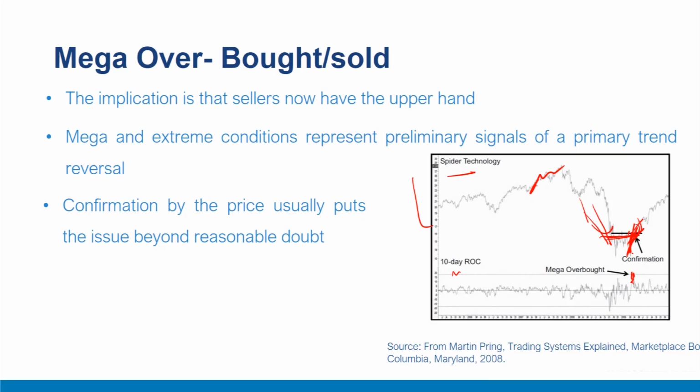To summarize, in this video, we noted that overbought and oversold crossovers offer important signals. Often, following a prolonged bull or bear market, these overbought and oversold levels are in fact so extreme that they result in mega overbought or oversold levels. After a prolonged bear market, a mega overbought, or vice versa, that is after a prolonged bull market, a mega oversold level indicates trend reversal, and once confirmed by some other signals such as price formation, price patterns, and trend line violations, they should offer very solid signals for trend reversal.